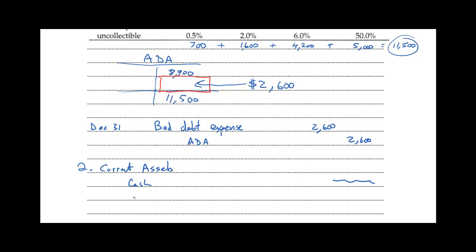And then we will have accounts receivable, $300,000